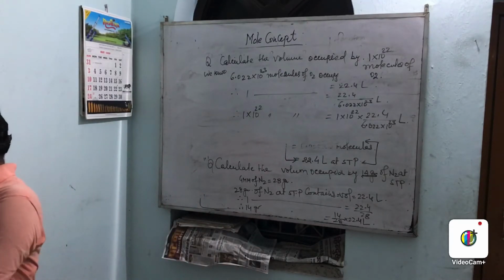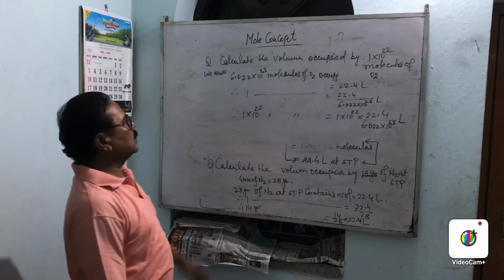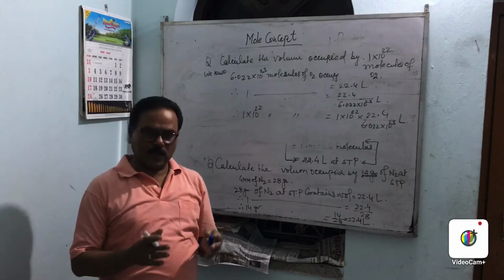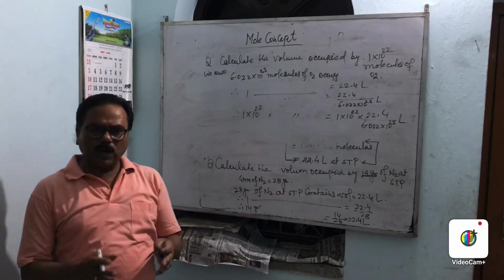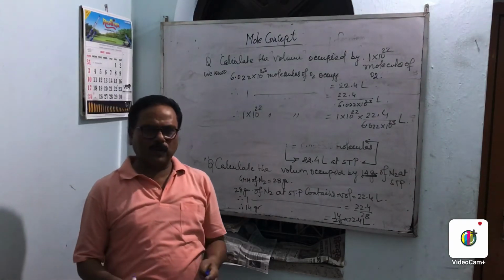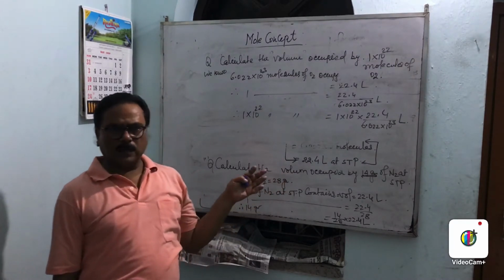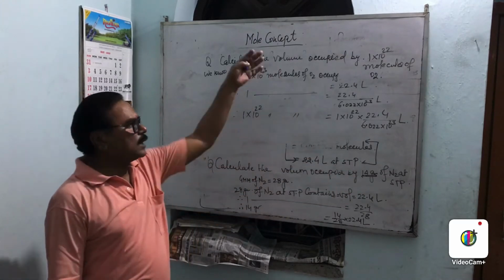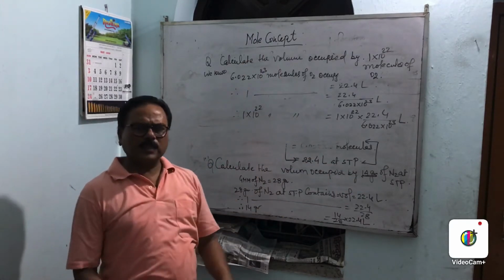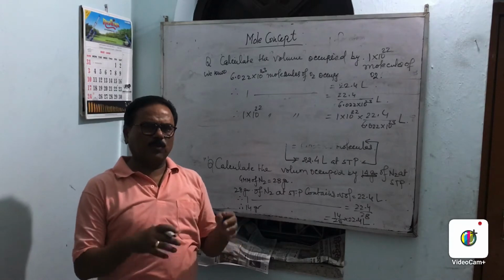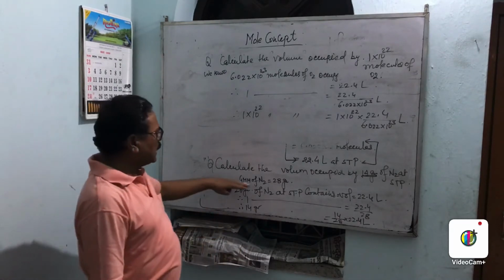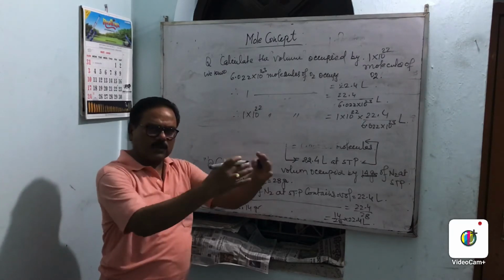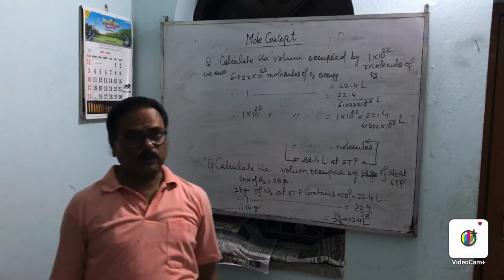So this is about the concept of the mole and the atom, the mole and the molecule, and how 1 mole of a molecule is related to the number of molecules, the gram molecular mass and its volume, and what the problems based on it are. This is the basic concept of how a mole problem can be solved. One line gives all the information. If you have the concept of this equal, this equal, this equal, then we are able to solve the problem very